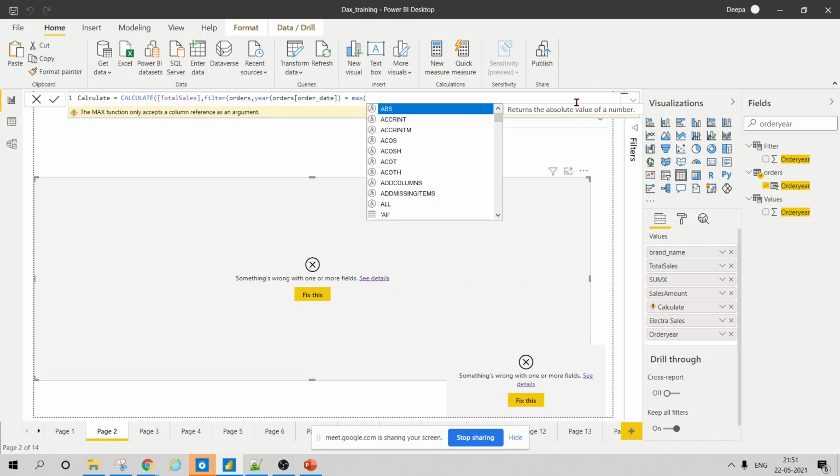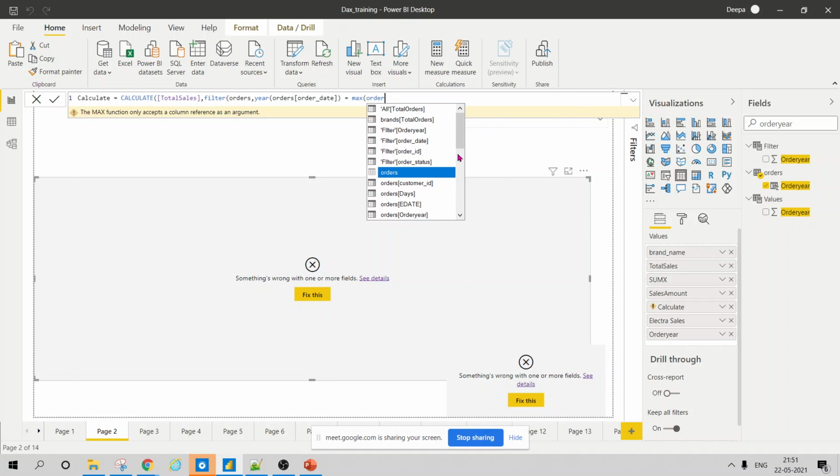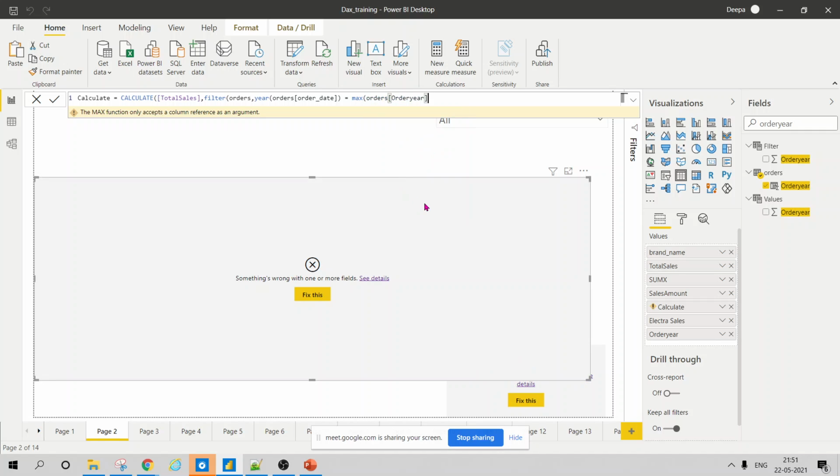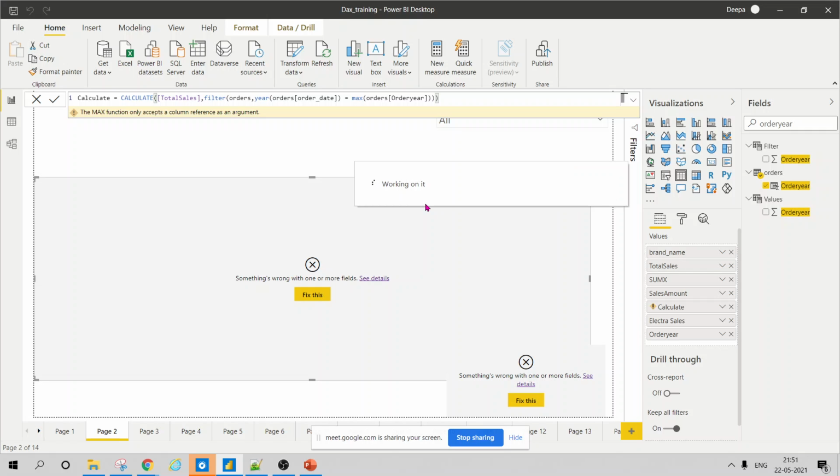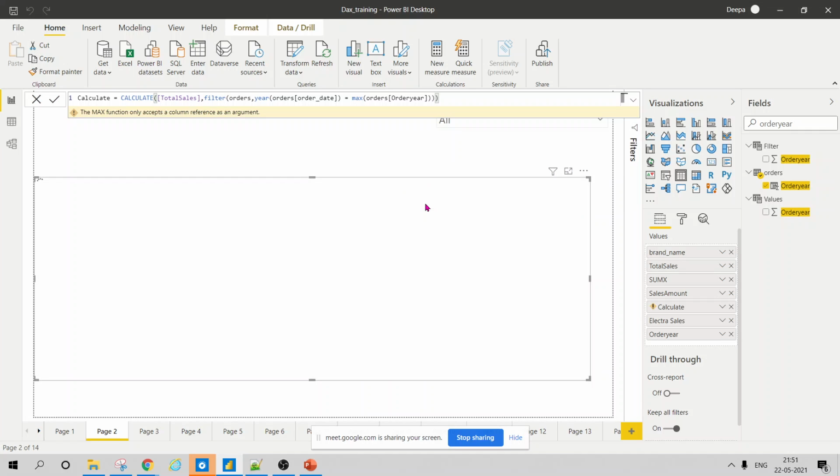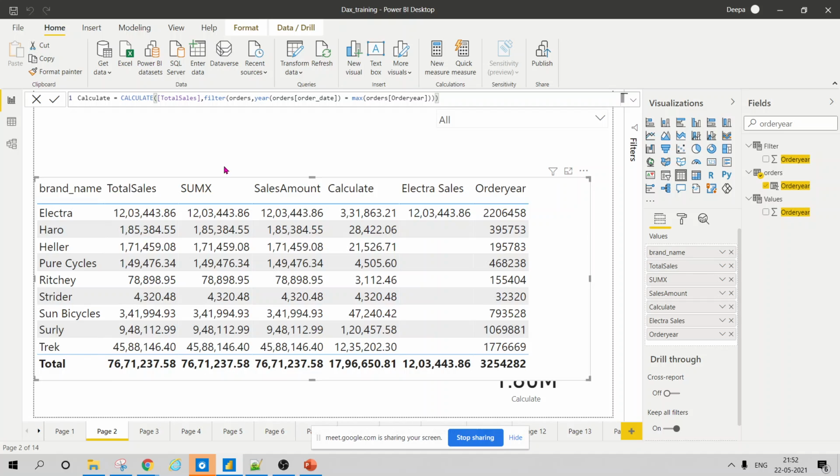Okay, so it wants order year. Now it says that for this order year, when the year is maximum, it will give you the value.